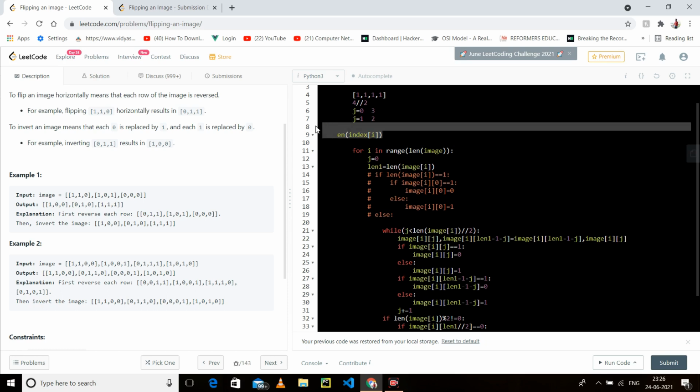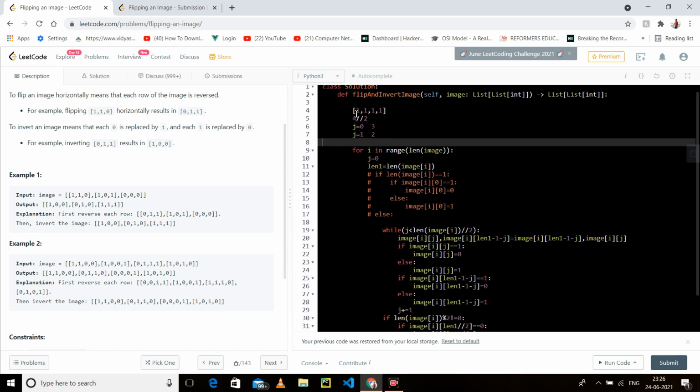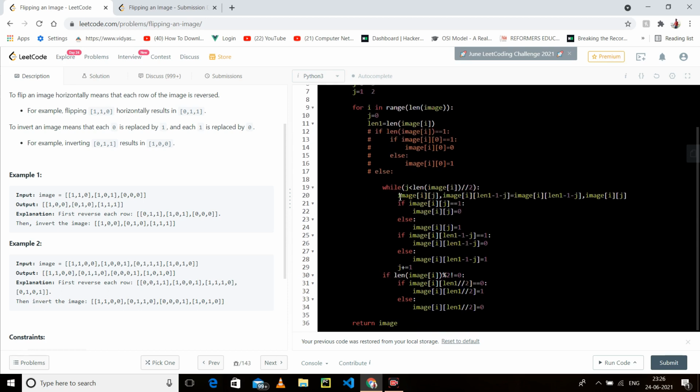I hope you have understood. I don't need to tell you again and again, because you have already understood. It is 0, so it is 4. The index is 3, so these will get flipped with each other, and when it comes here, it is 1, and the remaining we have 2 things, 1 and 1. So we have to replace this as well. We have to not replace, we have to flip this as well. So this is the thing I have done.